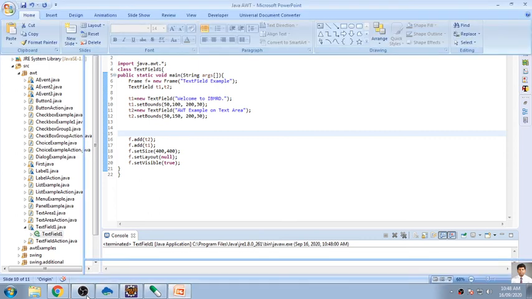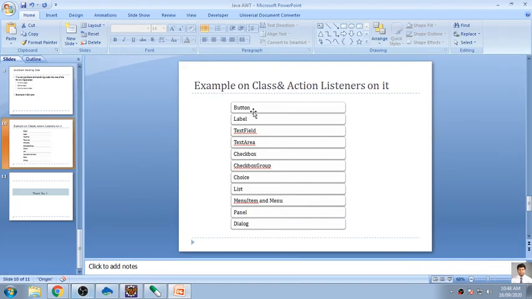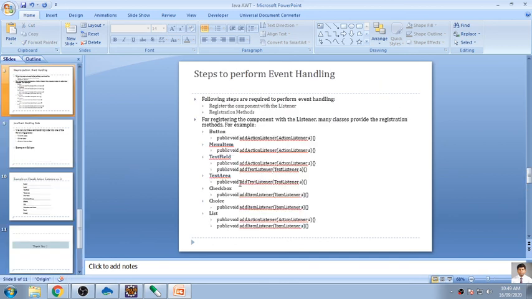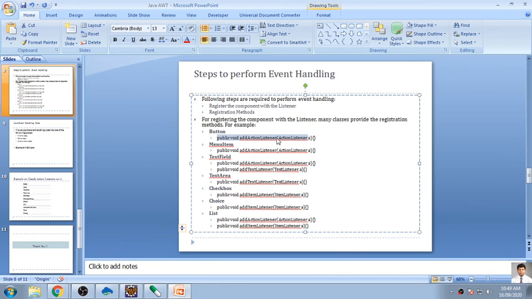Tomorrow's session will be purely dedicated to the execution of different components of your AWT, and we'll go into detail about the different listener classes and the corresponding interfaces which are associated with those classes. Tomorrow we will go into detail on the different button events, menu item events, text field events.